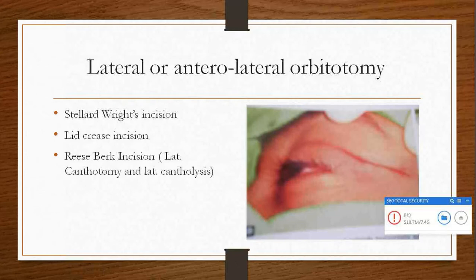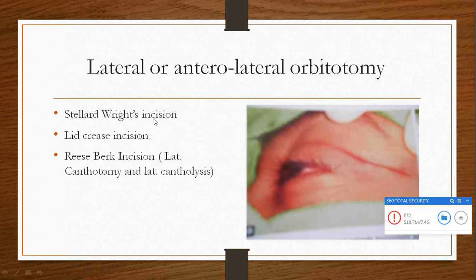Reisberg incision is a very small incision taken at the lateral canthus. You cut the lateral canthus, do a canthotomy, go up to the lateral orbital wall, then expose it, retract the upper lid and lower lid, separate the periorbita and expose the lacrimal gland, and you can remove the lacrimal gland tumor. When you repair, you will be leaving only a 4 millimeter scar which can be hidden in the crow's feet. Every incision will have advantages and disadvantages.